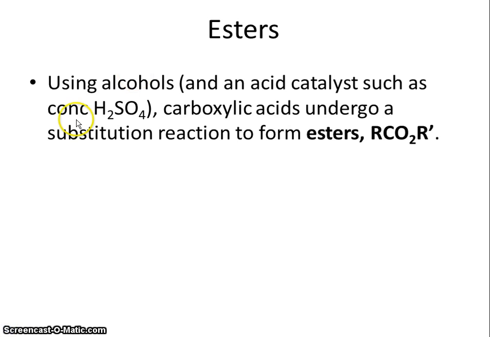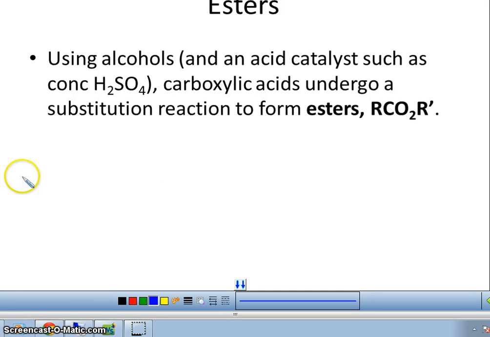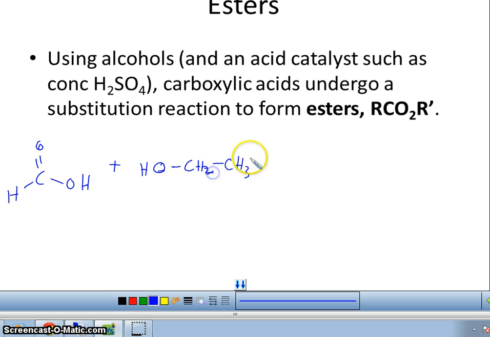Quickly, so if I had C double bond O, OH, methanoic acid, and I had CH2CH3, ethanol, then this would react under an acid catalyst, concentrated H2SO4, and heat. This will make HC double bond O, O